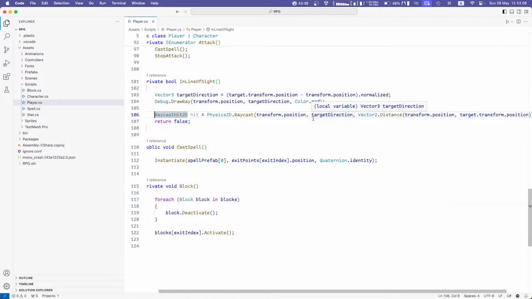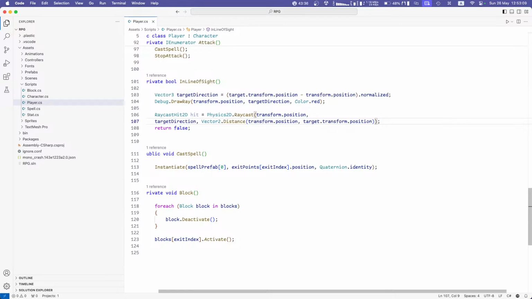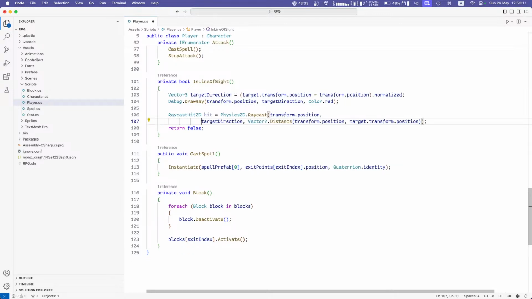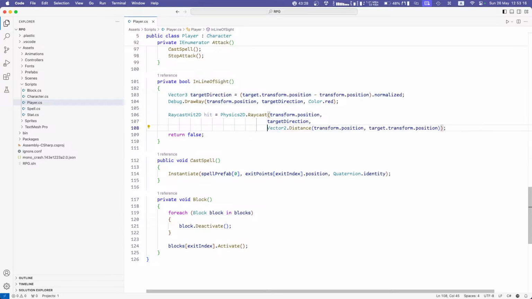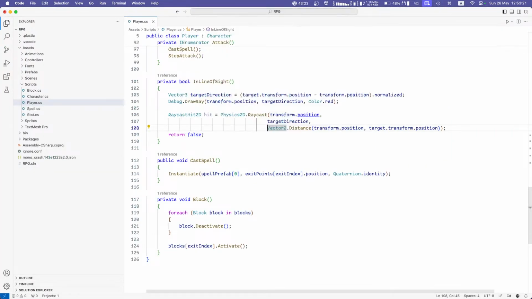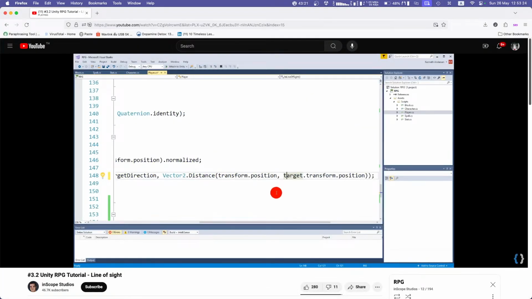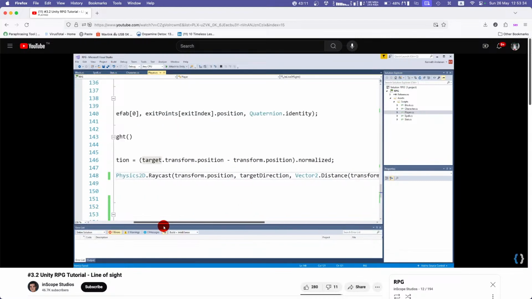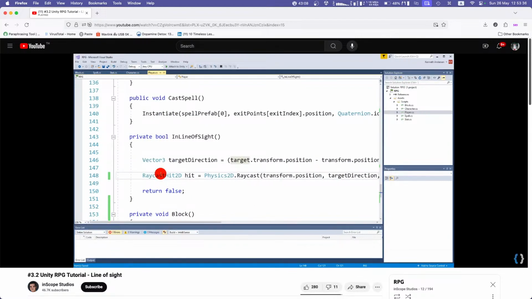And as you can see here, this might be useful later when we need to figure out a range for shooting. Right now we can just shoot through the whole map, but later we will put in a range so that his spells don't have an unlimited range. So this might also be added to the distance. So if the raycast doesn't hit the target, well, then we're out of range, for example. So this distance might be changed. But for now, we are just casting it from the player towards the target. So if the raycast hits something, so let's say if our hit